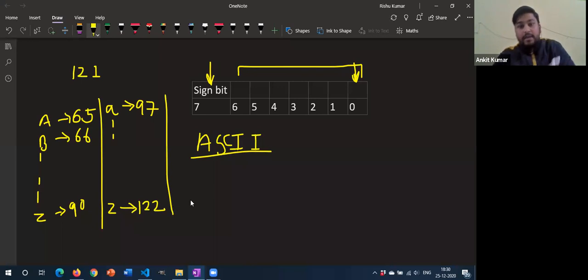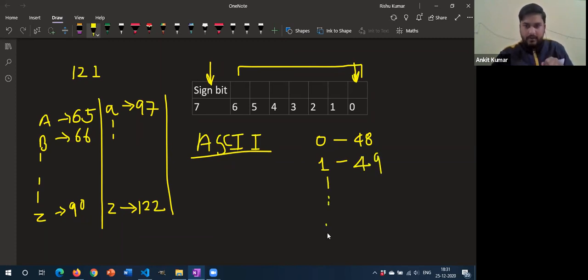Okay. Now, even the numeric keypad that you have on your keyboard. When you press 0, this 0 has also been assigned a code, and that code is 48. Similarly, for 1, when you press 1, you're actually sending another code. That code is 49. Okay, and so on till 9. So 9 has been assigned a code which is 57.